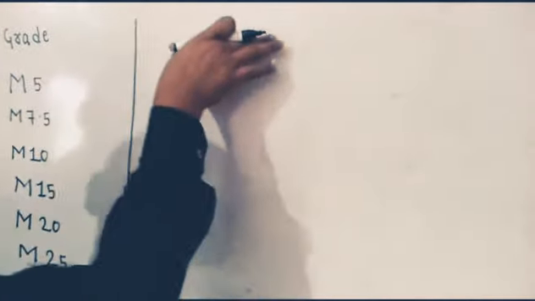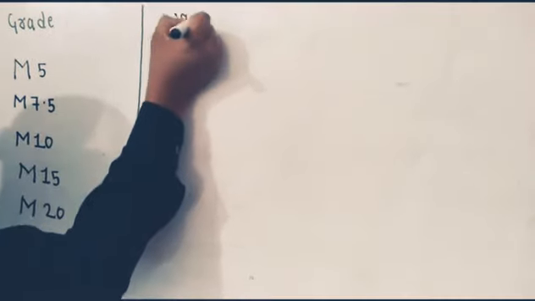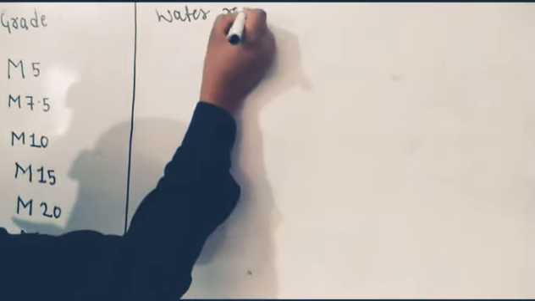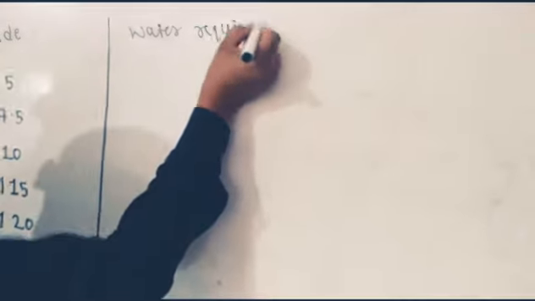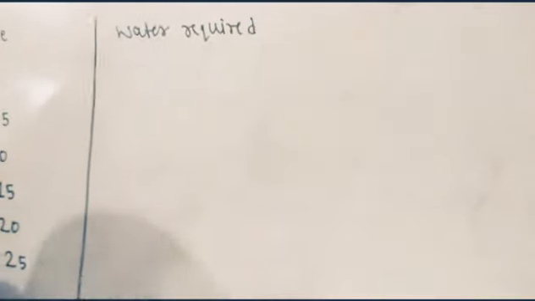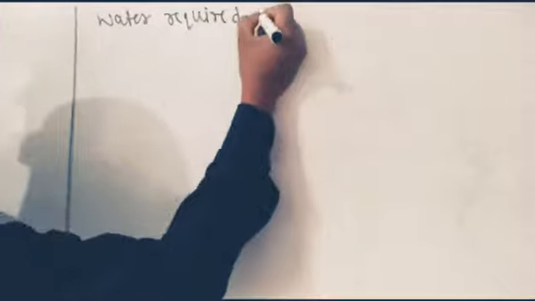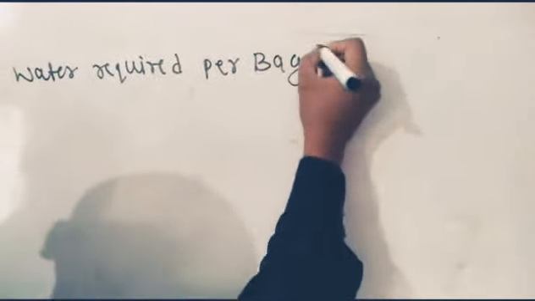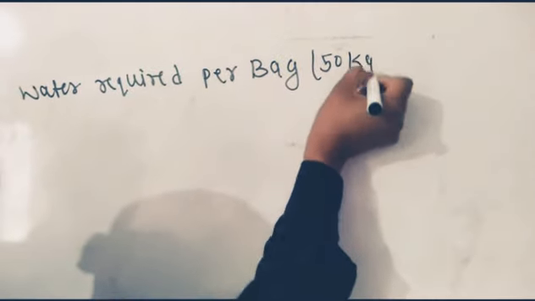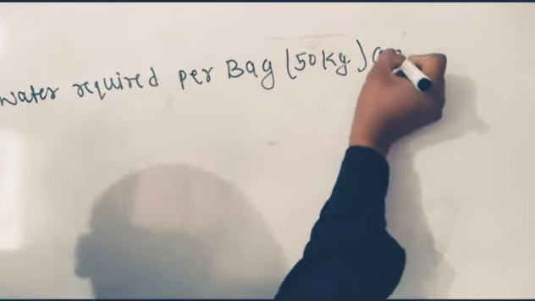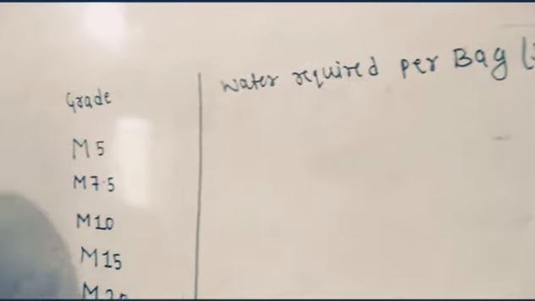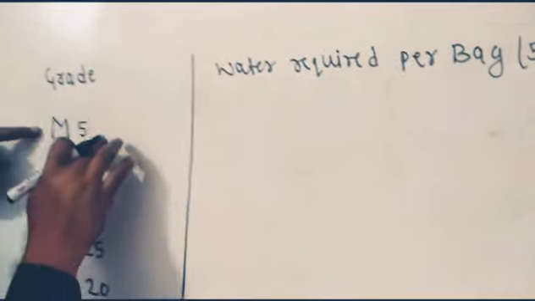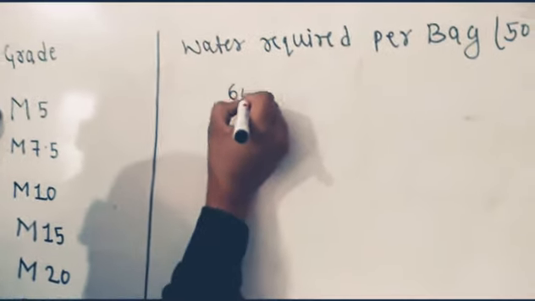I am going to write here water required per bag of 50 kg cement. The water required per bag of 50 kg cement for M5 is 60 liter,